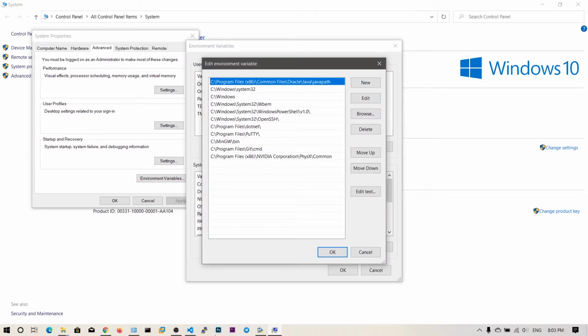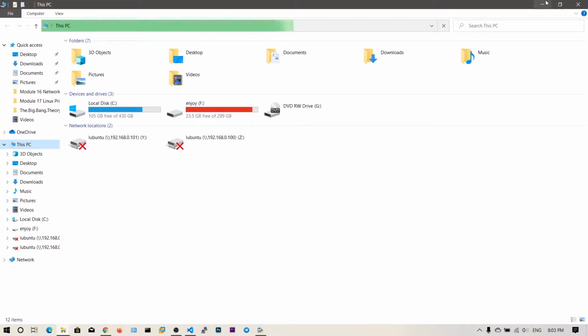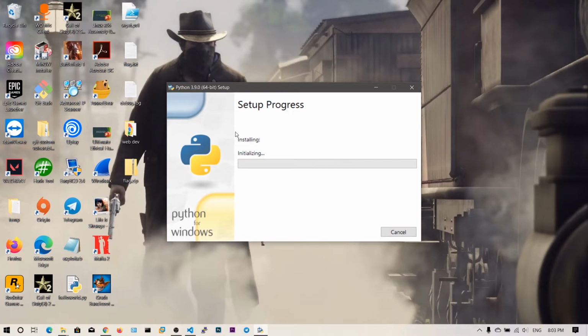Now after installation of Python, you need to go to the C directory, Program Files, Python, and add the path here, so that in command prompt you can directly access it via the python command. If you type python in CMD, then you will get the interpreter, and you can also run programs.